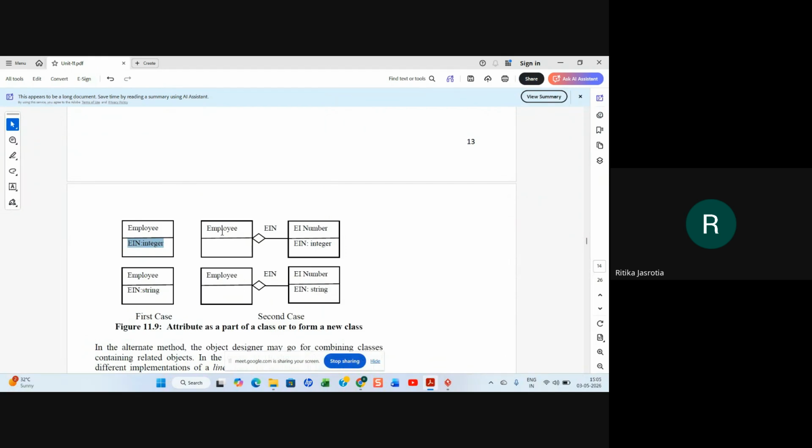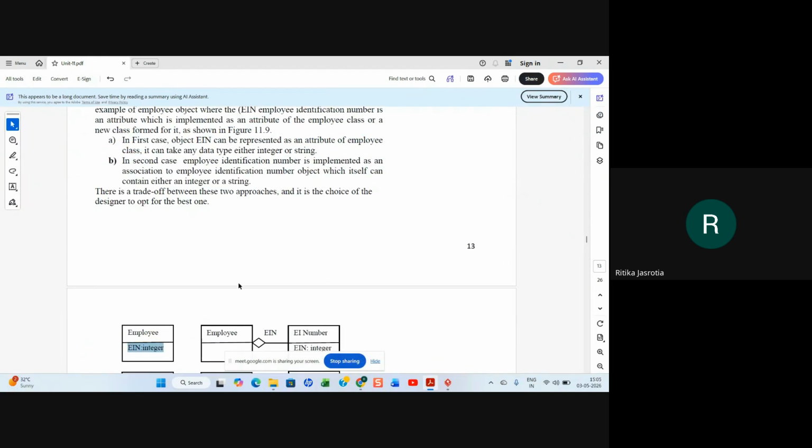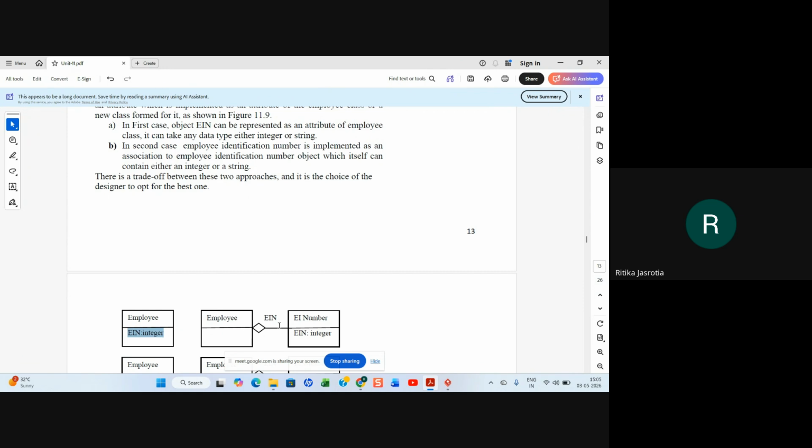So here what they have done is an employee class is there, and you have attached an employee identification number class, part of the employee class, and EIN will take here whatever data type, integer or string.